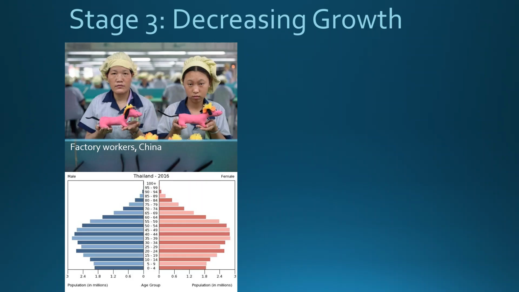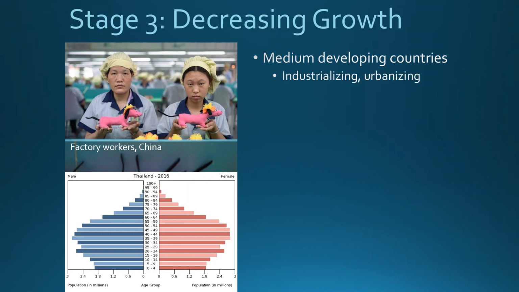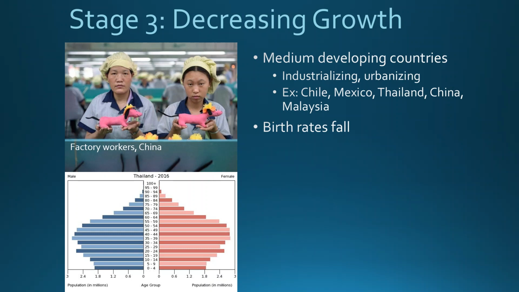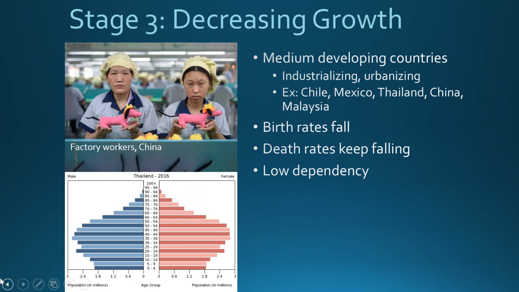Stage 3, you have decreasing growth. So these are medium developing countries. They are industrializing. In that process, they are becoming more urban. Examples of this are Chile, Mexico, Thailand, China, Malaysia. Birth rates are starting to fall, right? You have women in the workforce who are having fewer children, and death rates are continuing to fall. You have low dependency, generally speaking, because right now, if you look here at Thailand, lots of people who are able to work,